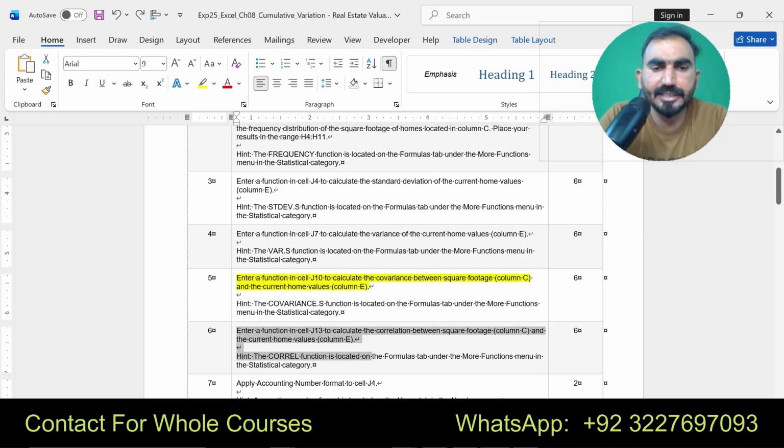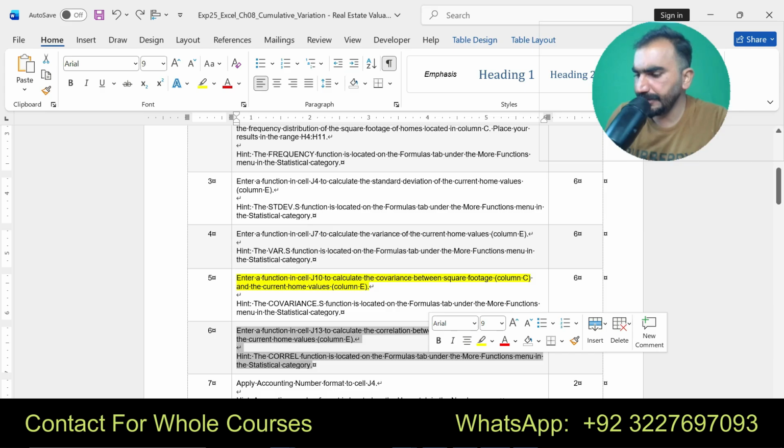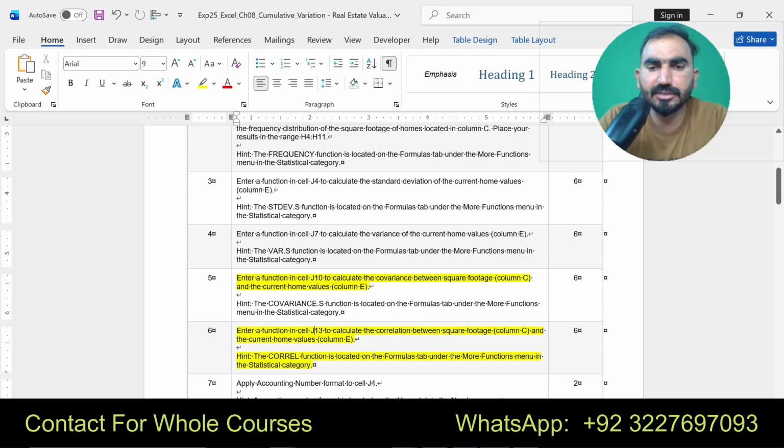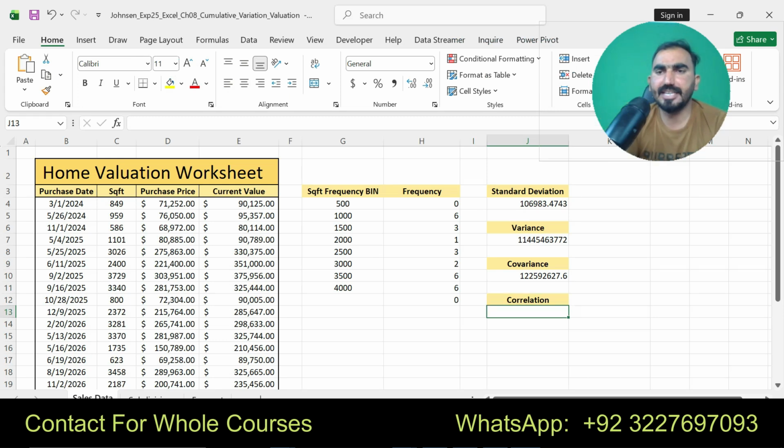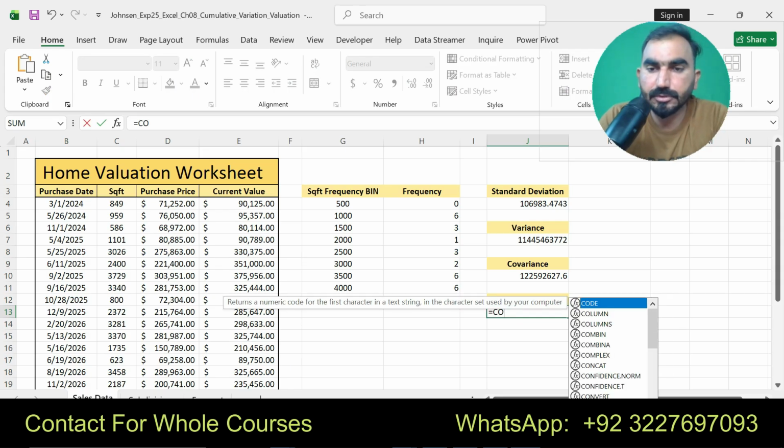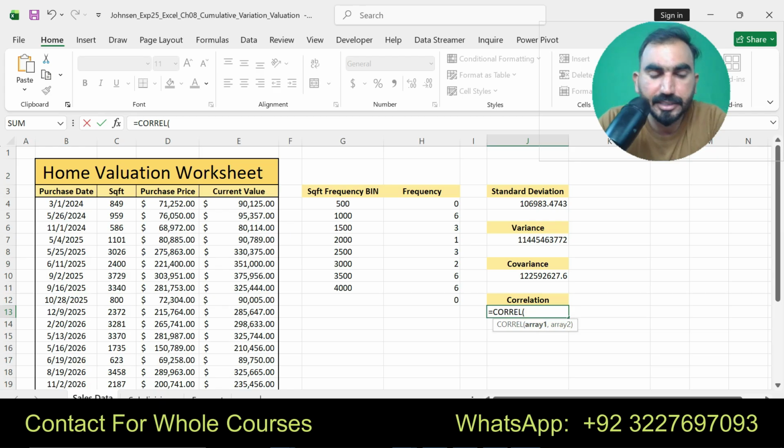Enter a function inside J13 to calculate the correlation between the square footage in column C. Now you can see here the correlation function is located in the Formulas tab under the More Functions menu in the statistical category. I am going to find the correlation by using the correlation function, selecting the range for square footage in column C, C4 to C30,